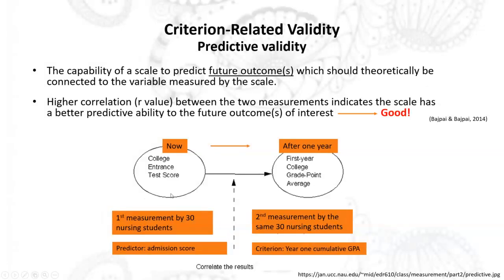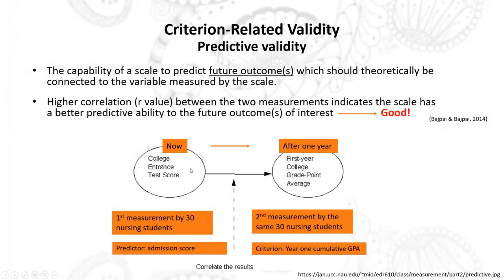So now we ask the students to do the college entrance test. For example, I recruit 13 nursing students, and I ask them to do this test at the time of admission. And after one year,